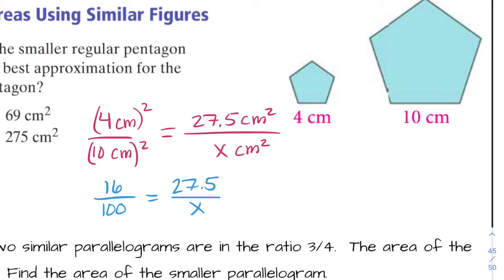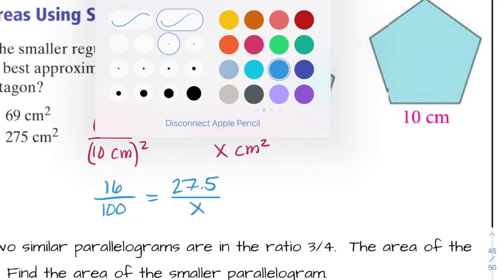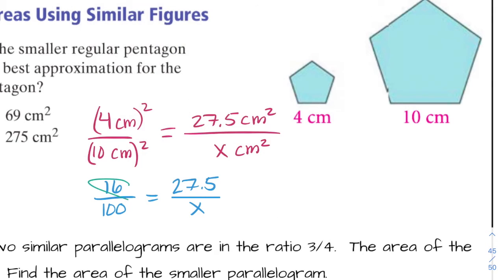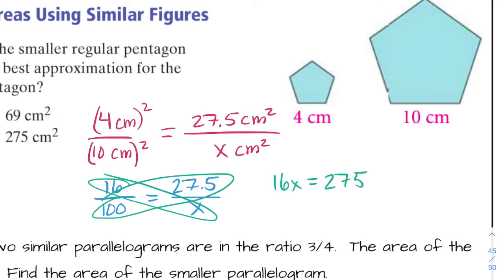But I had to square the perimeter units to get them into the form of an area unit to make them comparable to one another. So now I'm going to do my cross products. So I get 16x equals 275. Now I need to divide both sides by 16. So x approximately equals